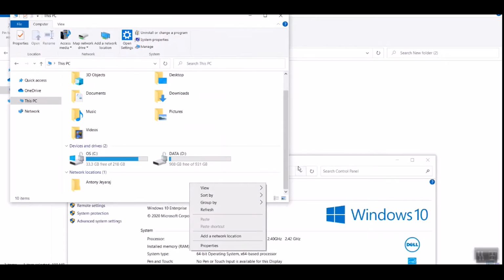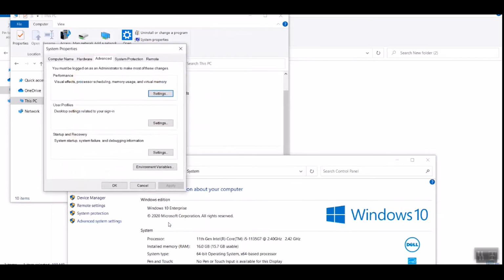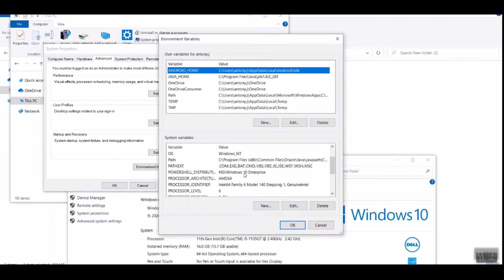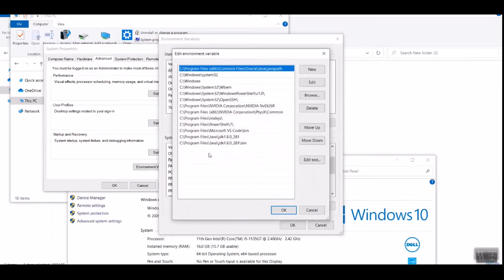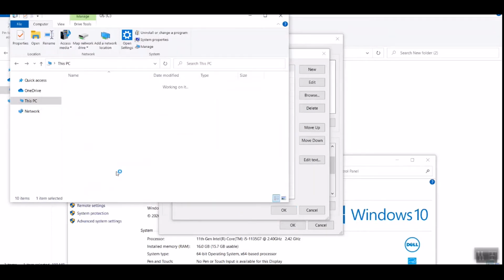Now we are going to set the path. Let's go to advanced system settings, then environment variables. Please confirm Android home under users, and then go to path in system variables. Here you need to add the SDK path. For that you need to go to